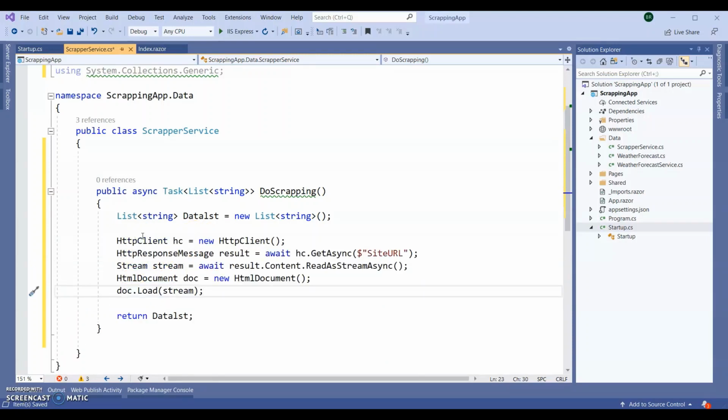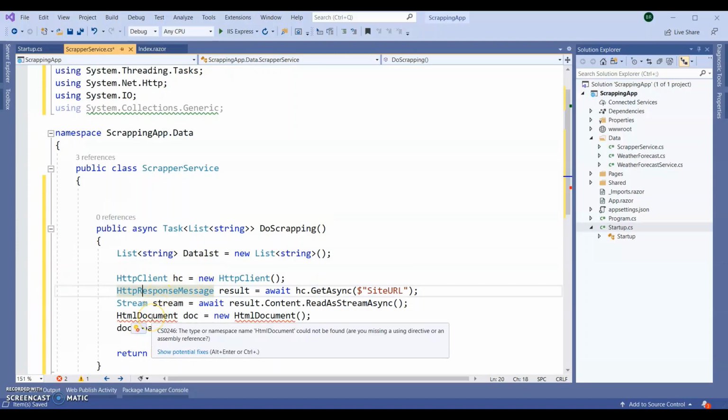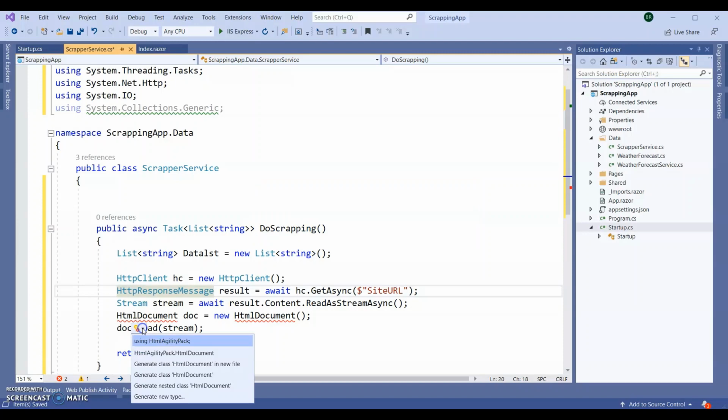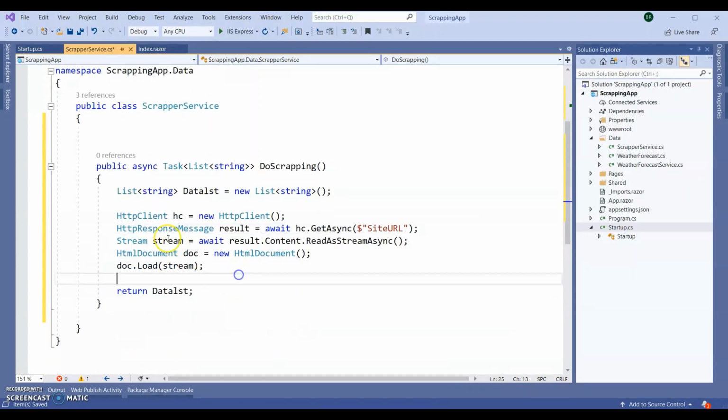Inside this data list I am giving HTML client. In the HTML client it is getting some error here. Using HtmlAgilityPack. Okay, and HTTP response, client.GetAsync. Here I am going to give the URL.